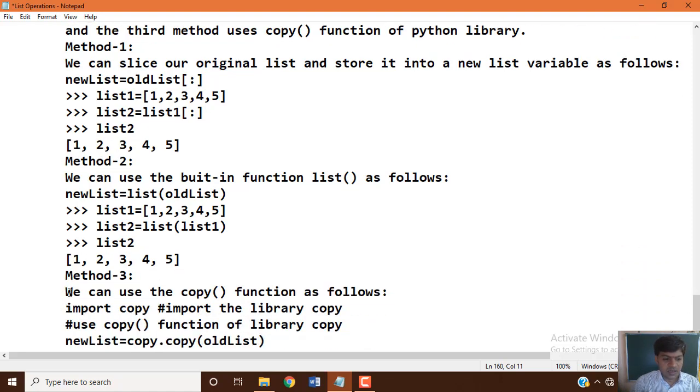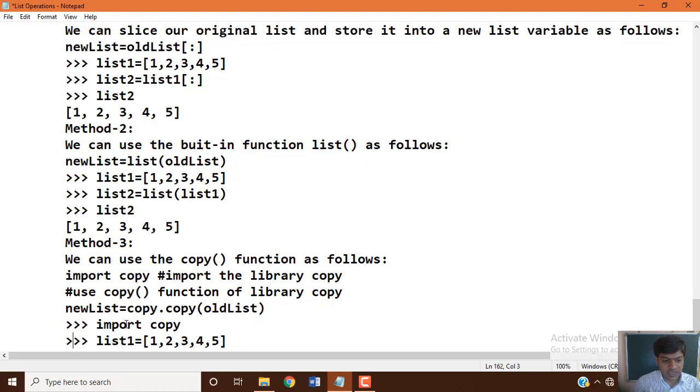Now another one is, we can use the copy function as follows. When you want to use it, import the copy function from the library: import followed by the name copy. Then you use the statement new list equal to copy of old list.